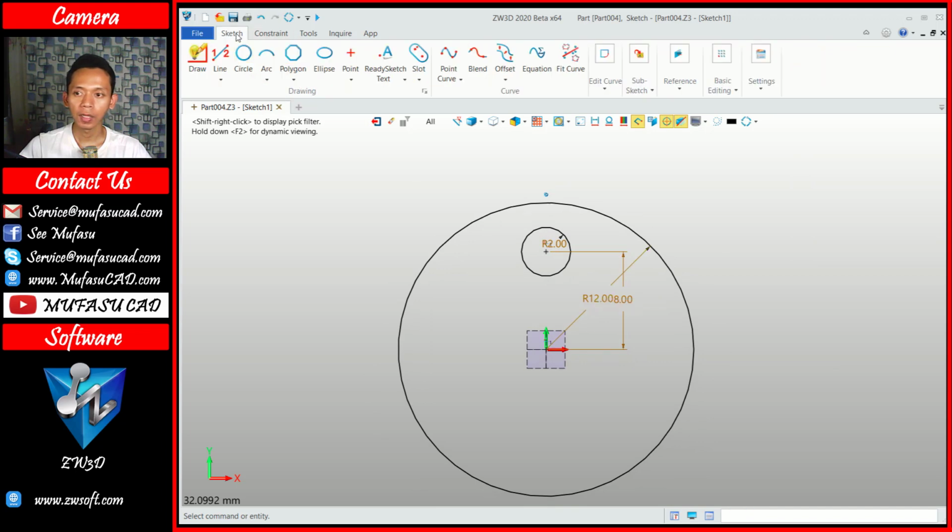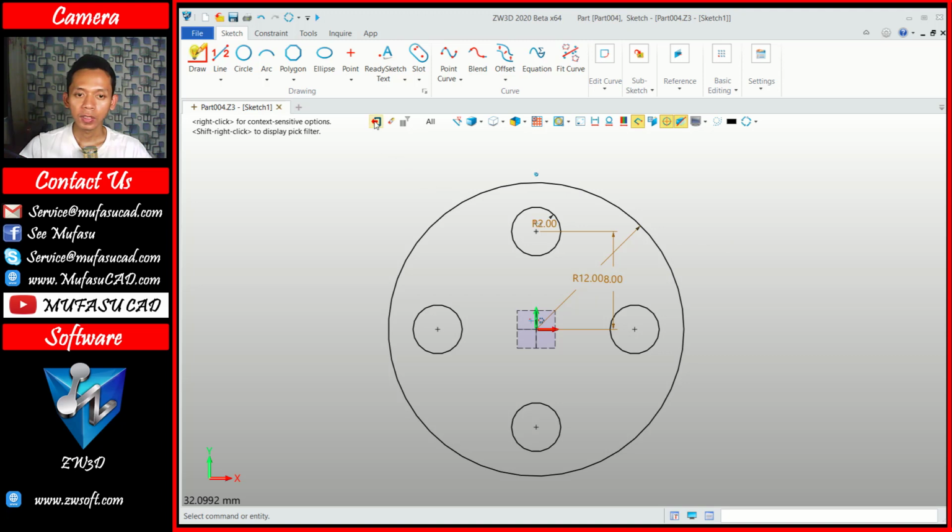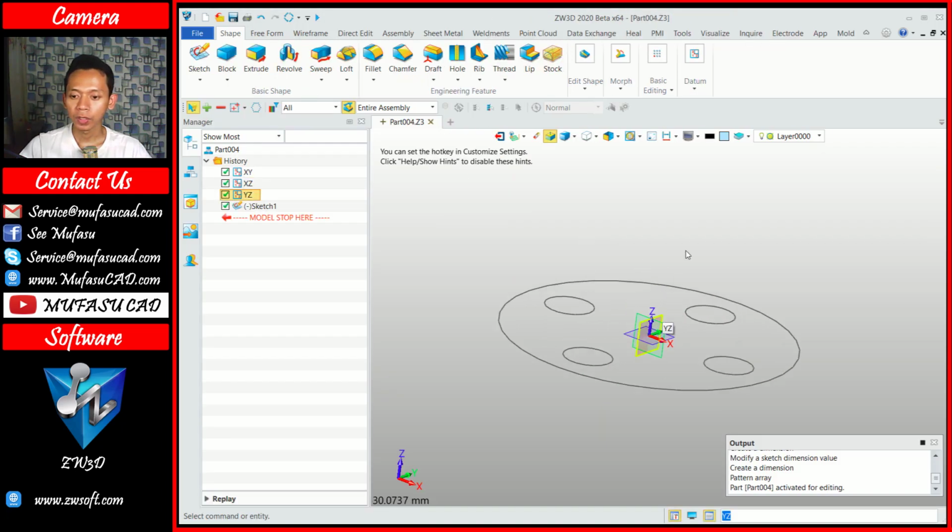You can click sketch, and then click basic editing. We use a pattern. For base, we can select these circles. Okay, you can use a circular pattern, and for center point, we can click at this point. You can also change spacing to number and span, and for number we can set 4. You can click OK. Next we can close this sketch, and then I will convert it into a 3D model with